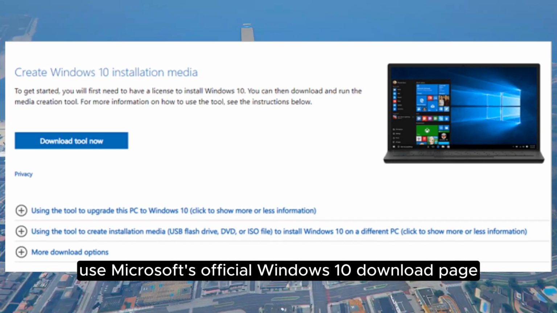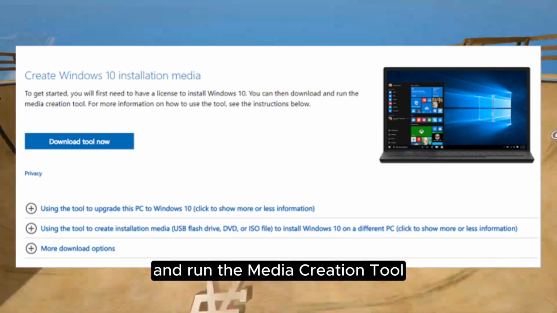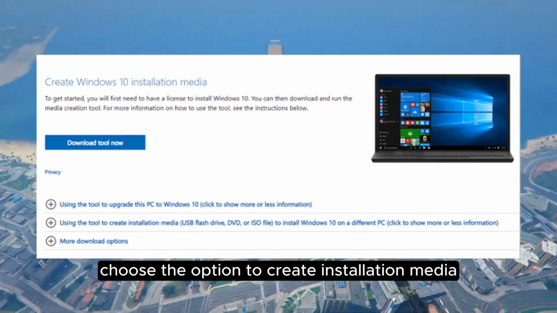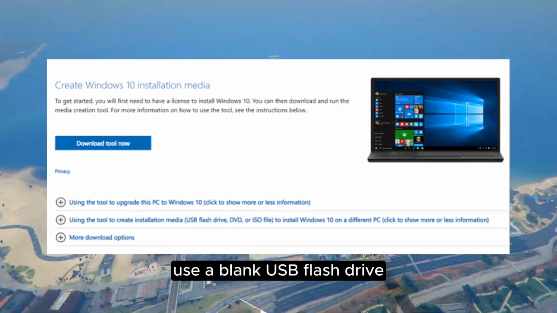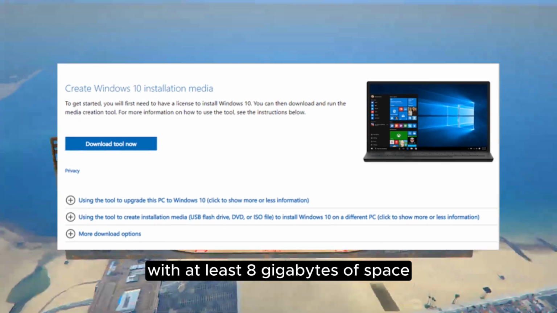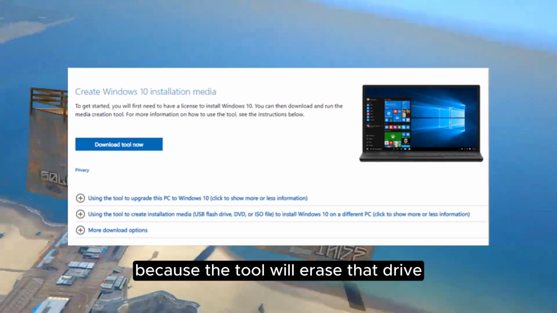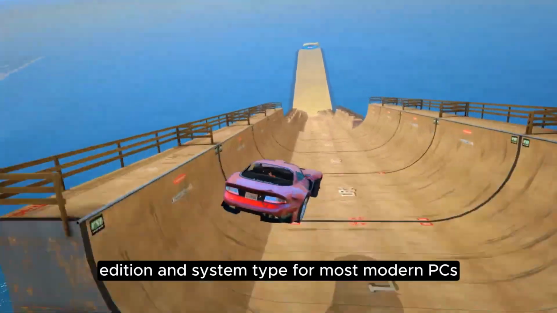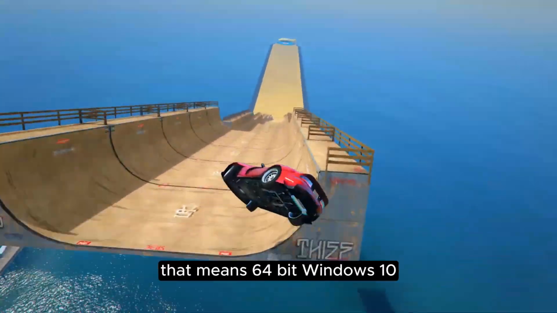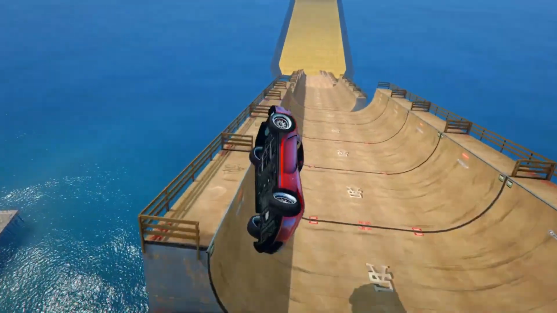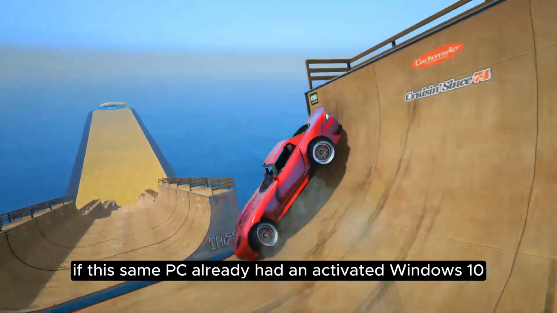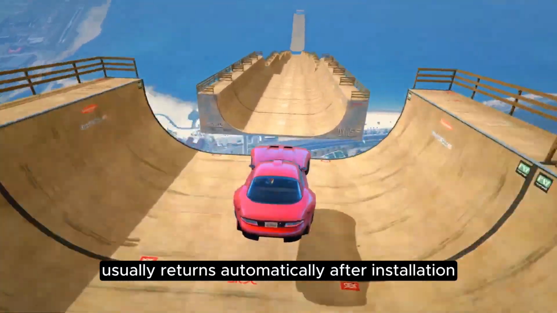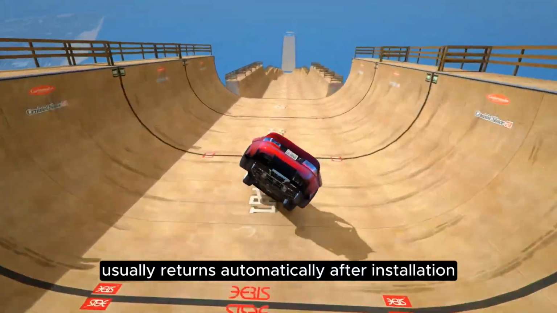Use Microsoft's official Windows 10 download page and run the media creation tool. Choose the option to create installation media. Use a blank USB flash drive with at least 8 GB of space, because the tool will erase that drive. Choose the correct language, edition, and system type. For most modern PCs, that means 64-bit Windows 10. If this same PC already had an activated Windows 10 license, activation usually returns automatically after installation when the computer